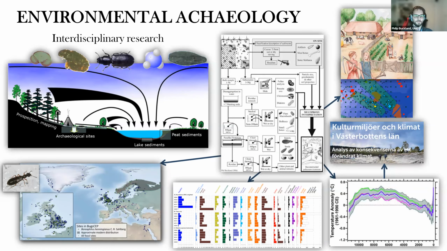And these things come from lake sediments, peat sediments, and archaeological sites, really, to make a broad sweeping generalization. With the soil chemistry and geophysics, we do a lot of surface mapping to try and identify the areas that have been affected by humans in the past. And the timescales for us really are mainly the last 6,000 years, going back to 14 or 15,000 years if we're working in the far south of Sweden or in Denmark and Germany, where we've worked before. So we take samples from these environments.